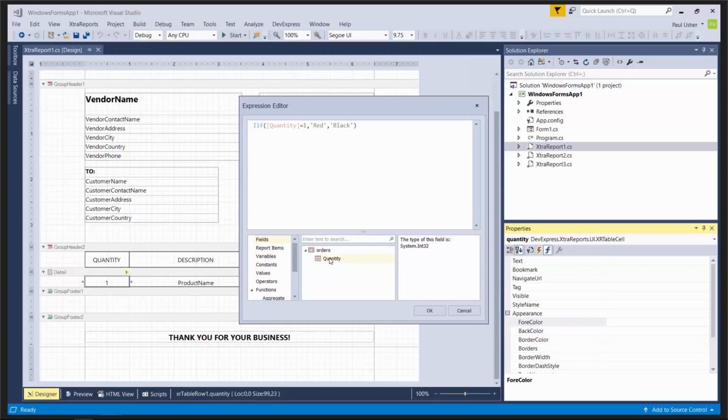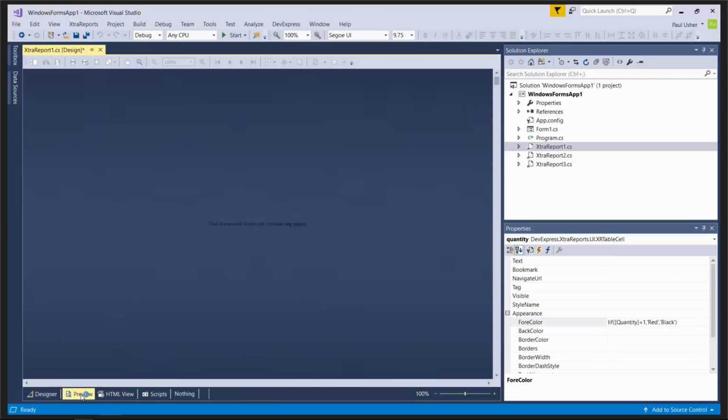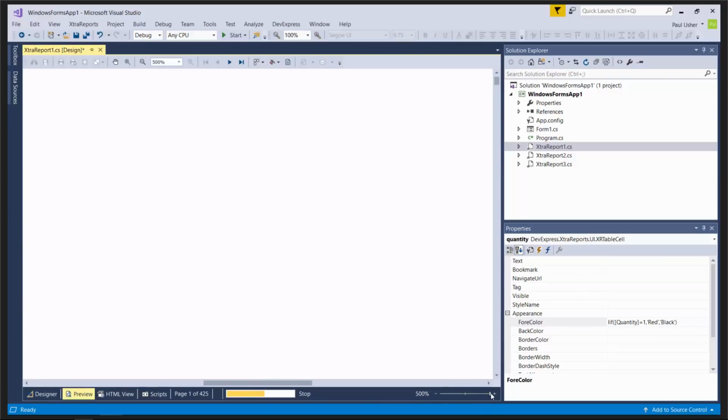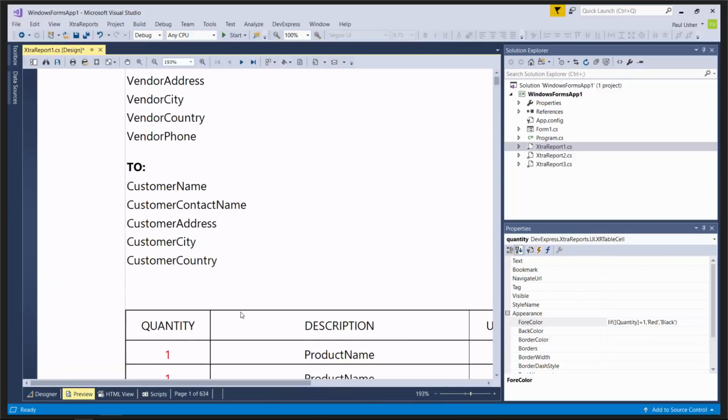Now, it's a very simple example. I mean, you obviously may do negative numbers in red, all those sorts of things. But what's really cool here is that I don't have to go off and create format conditions and try and apply rules or other things. I can do it directly on the element or the object that I want. So if I just run that, and again, it is a very primitive example for you, but you'll see straight away, I'll just increase, oops, maybe not to 500% Julian, but just increase that,